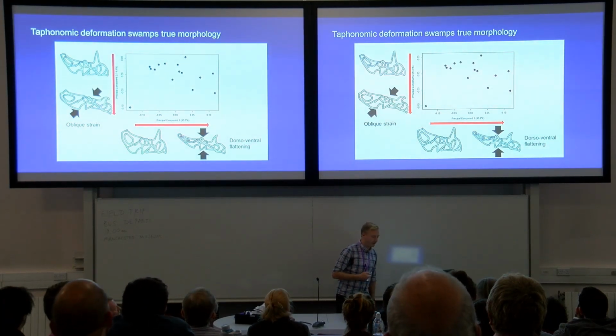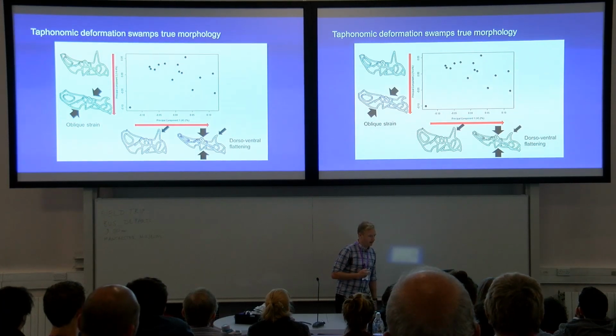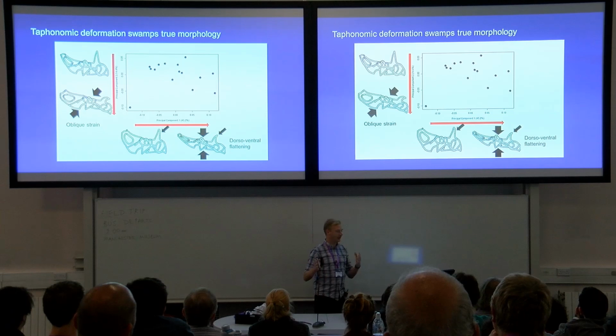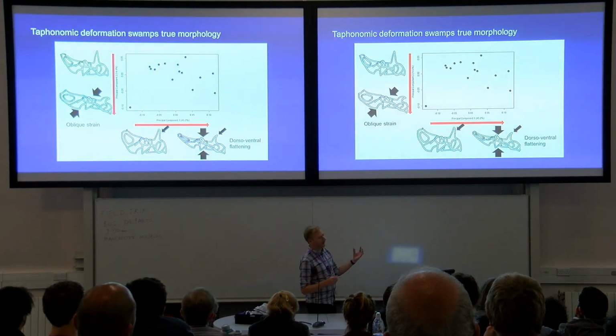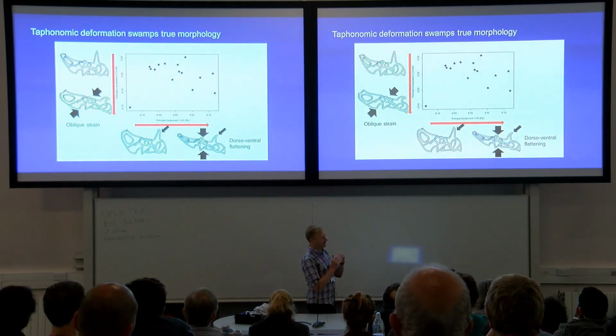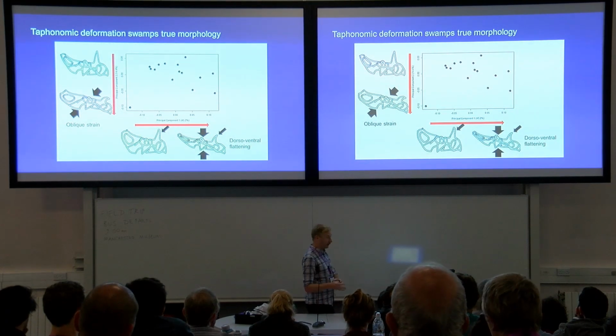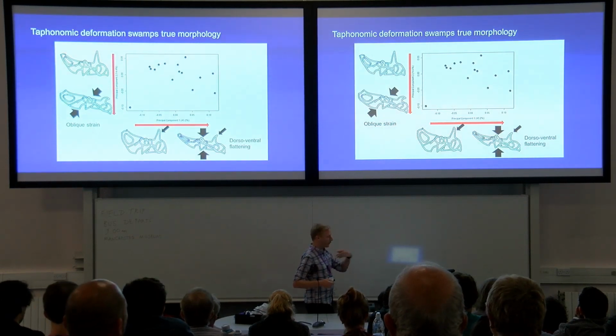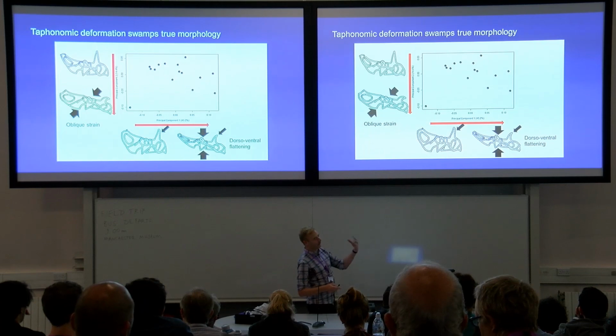One other thing to take home from this is that horn shape looks like it's correlated with deformation, but that's actually a natural biological variation we see in centrosaurs. And we know this from multiple isolated horn cores, individual skulls, and we see this in deformed and non-deformed specimens as well. So this is the kind of thing I'm looking at and the kind of problems I want to